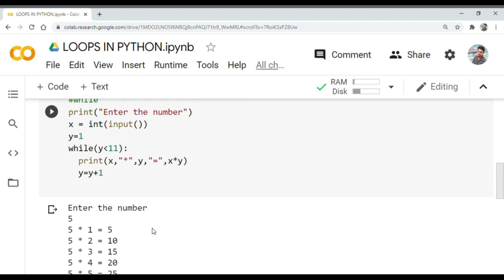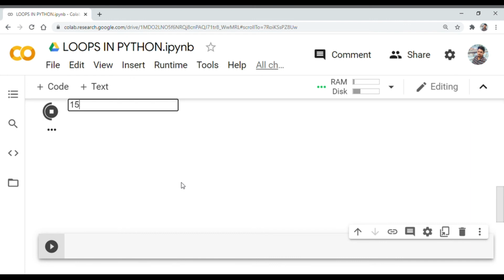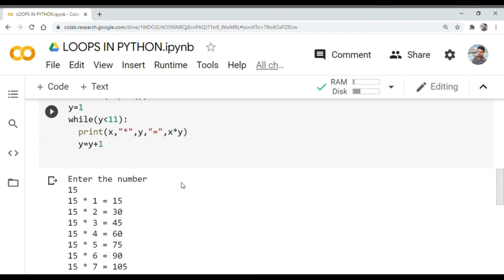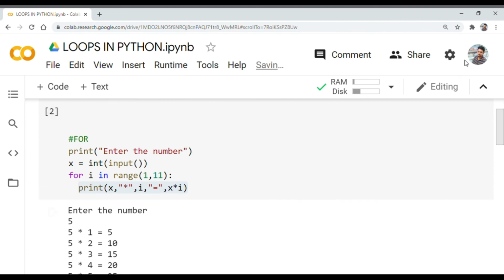The table of 5 has come. If I want another table, we just need to run it again. Well, let us check the table of 15. 15, enter. So the 15 table is here. So this is how we use loops in Python, and thank you.